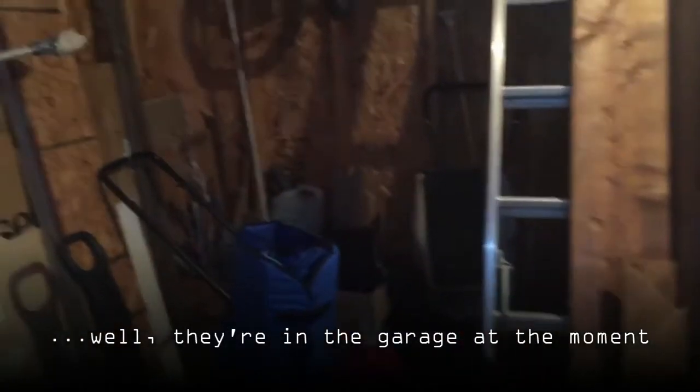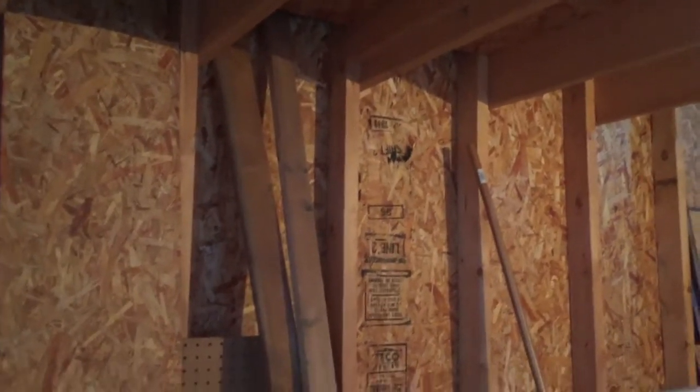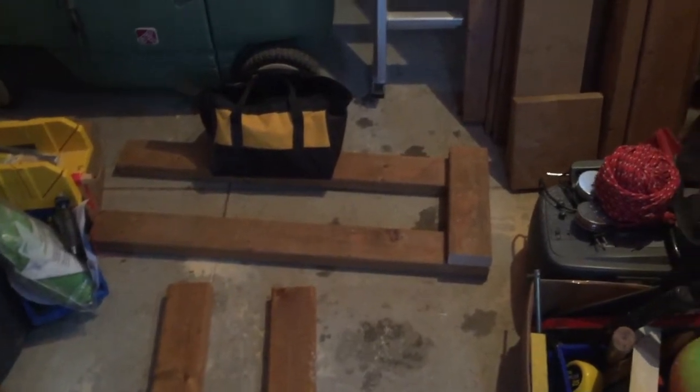Floor space in a 100 square foot shed's kind of crucial. So I could put them here, because I don't really need this spot. I don't stand there, the door's not there, it's not going to block anything, so this is perfect. So what I'm going to do is build a rack that's just got to be big enough to hold 8 wheels and rims. So I'm going to put these two bars, they're 34 inches long, and the sideways bit